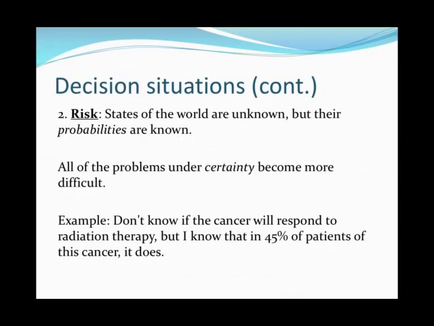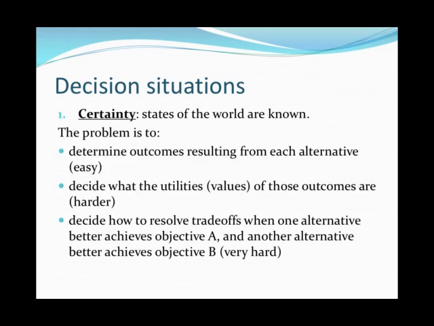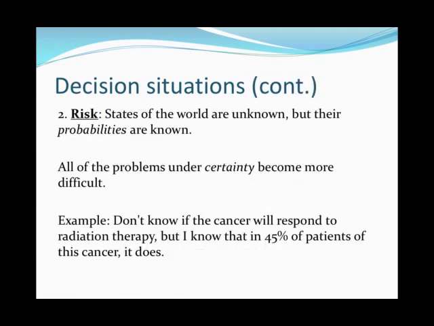Okay, the next situation is a decision made when there's risk involved. That's where we don't know the states of the world, where they're unknown, but their probabilities are known. And so all the problems under uncertainty, like determining the outcomes, deciding what value those outcomes have, and deciding how to resolve the trade-offs, we have all those same problems, but they're